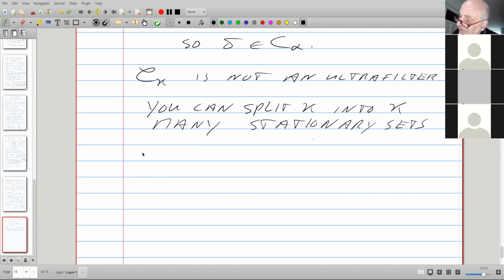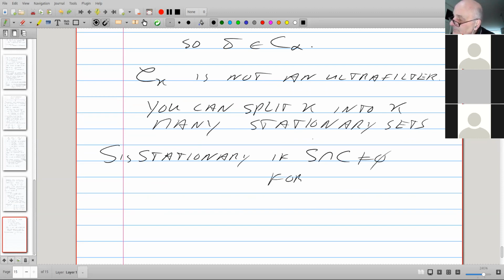And what does stationary mean? S is stationary if it intersects every closed unbounded set.